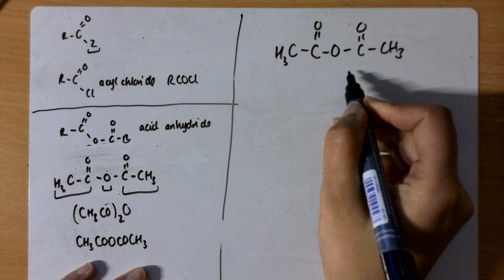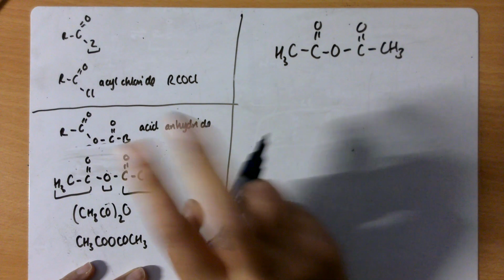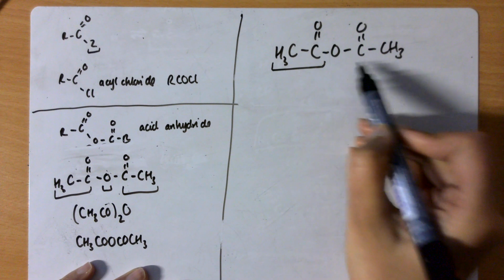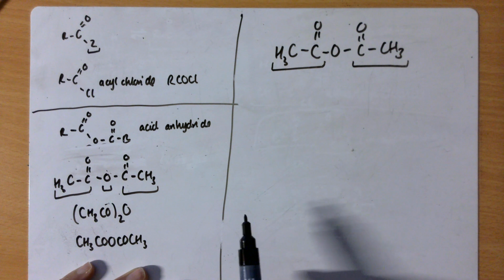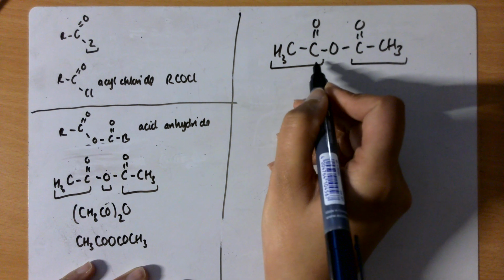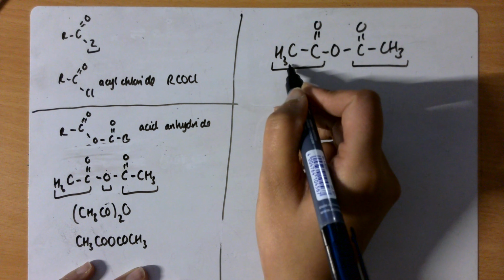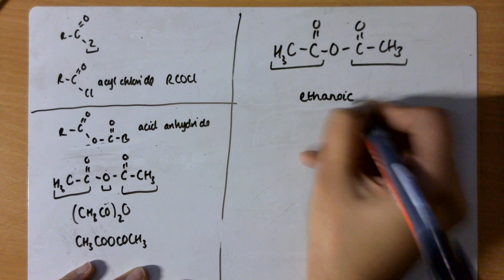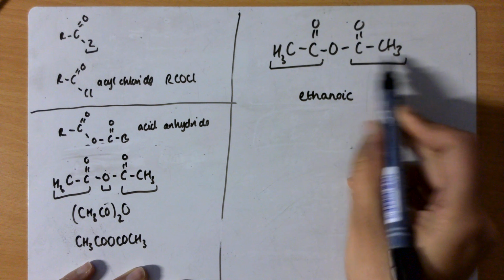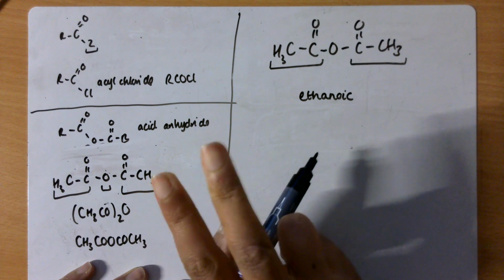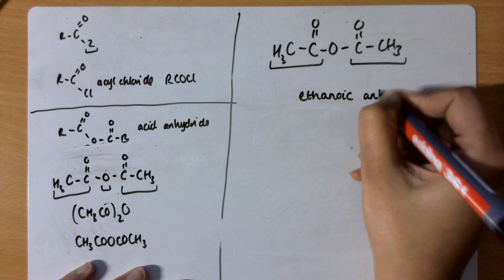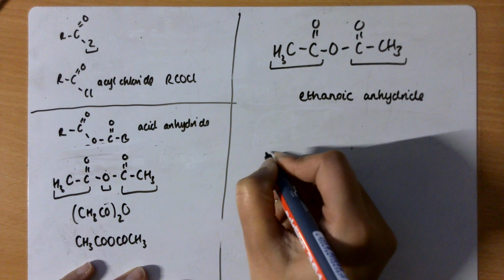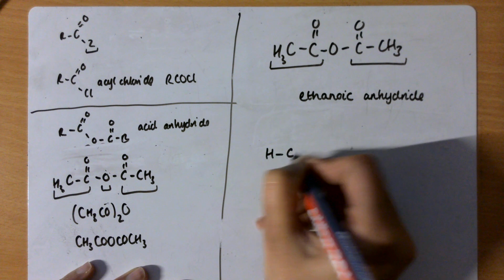An acid anhydride is made up of 2 carboxylic acids. So the carboxylic acid that would have been used to make this has to be the same on both sides. So I can identify my longest carbon chain over here, so 1, 2. So it would have been made up of ethanoic acid. I've also got ethanoic on this side. As I have 2 of them, I've got an ethanoic anhydride. If I had something that looked like this,